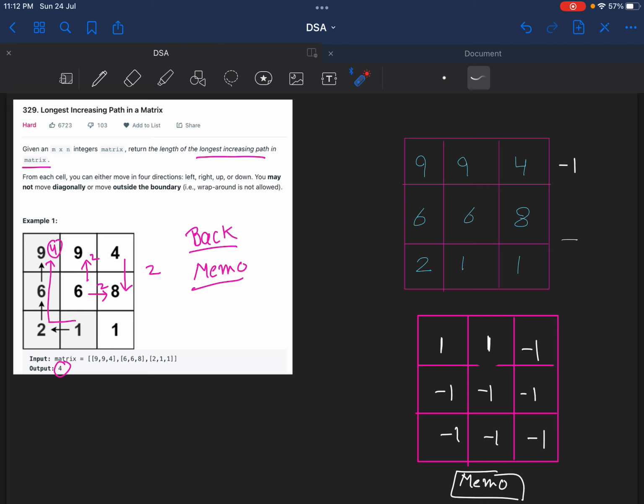Now you can make this call, and this is possible because the number is increasing. And if it is possible, you can check in the memorization if it is not -1. So what you can do, you can get the result of this cell and do +1 in it. Why +1? Because to include the current element. Okay, so from here